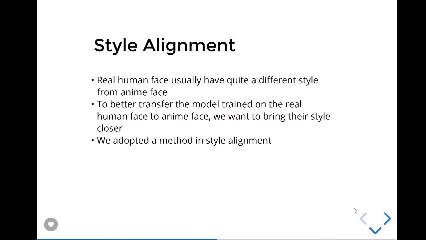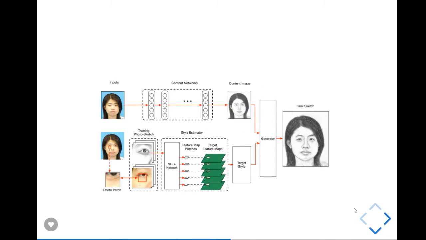Style alignment and selective search. As we know, real human faces usually have quite a different style from anime faces. To better transfer the model trained on real human faces to animation faces, we want to bring their styles closer, so we adopted a style alignment method. In the style estimation method, we subdivide the test photo into a grid of non-overlapping patches. Then we find the best matching photo patch from the photo-sketch pairs in the training set. Finally, we can